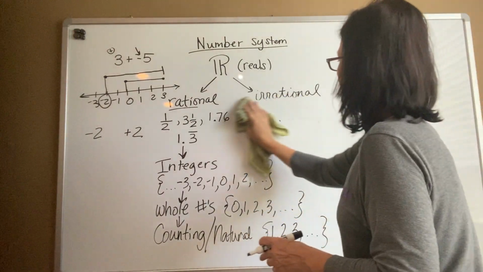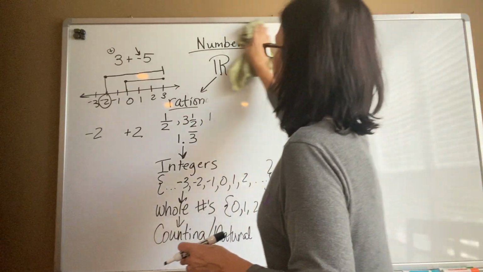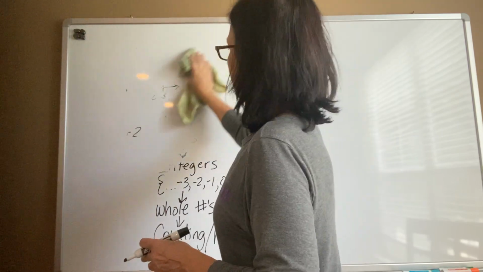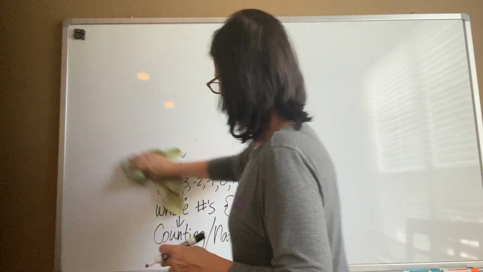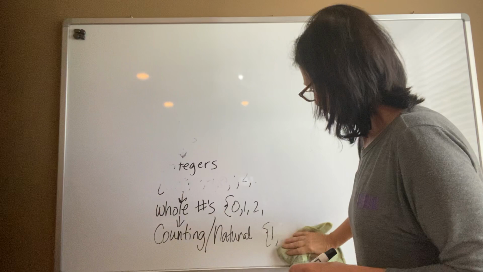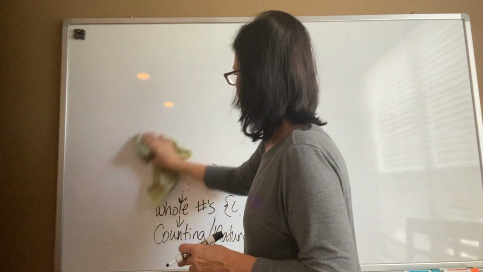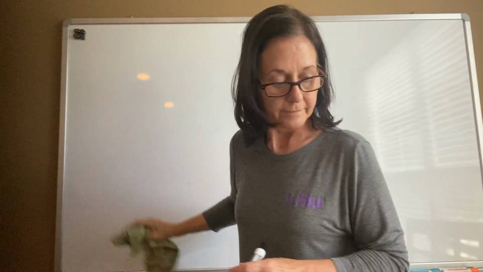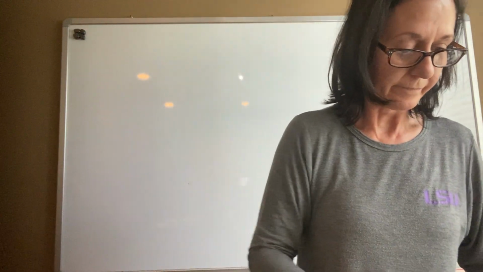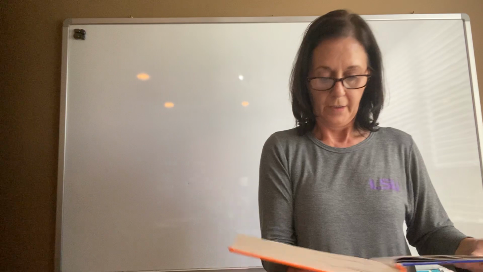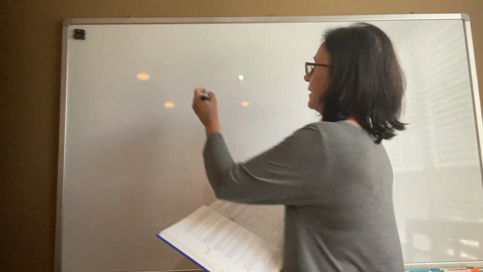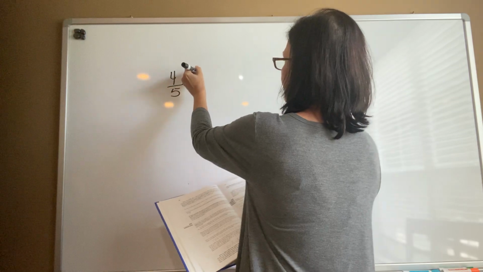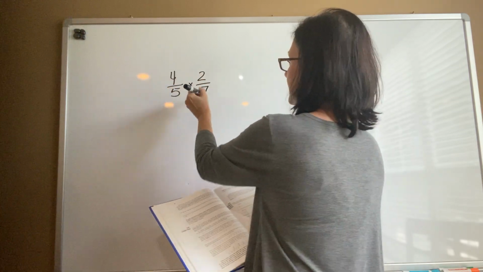Now, multiplying and dividing fractions. If I have 4/5 times 2/7,